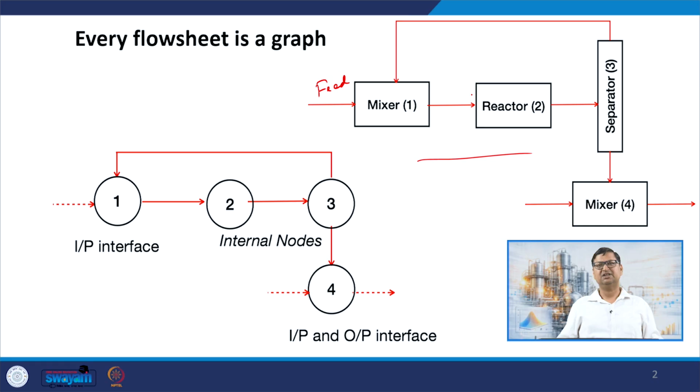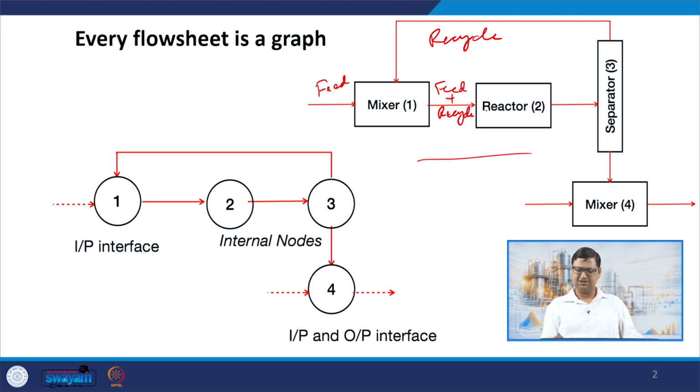The details are not very important here, but let's say some feed is coming into a mixer, and some recycle is also coming from somewhere else, and I will come to that. And then the feed plus the recycle is going into a chemical reactor, and clearly there is going to be some product